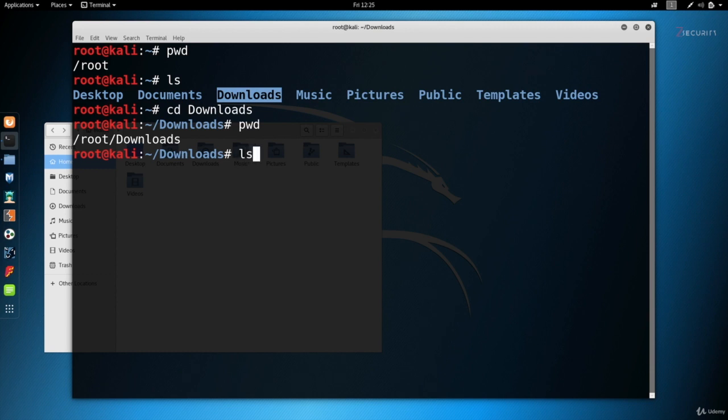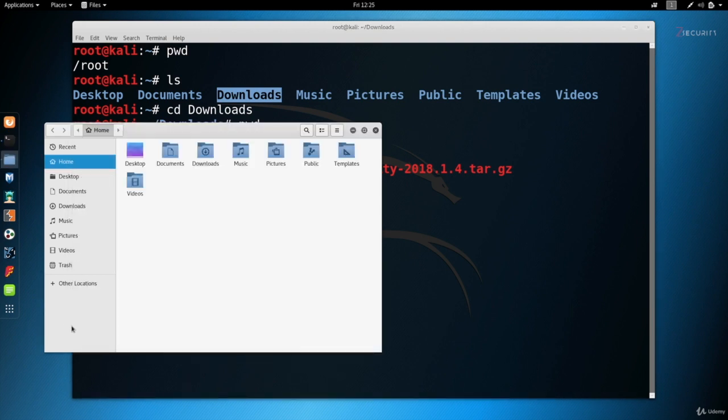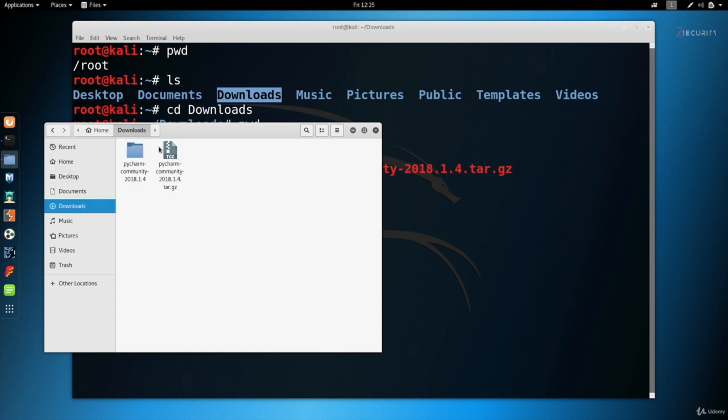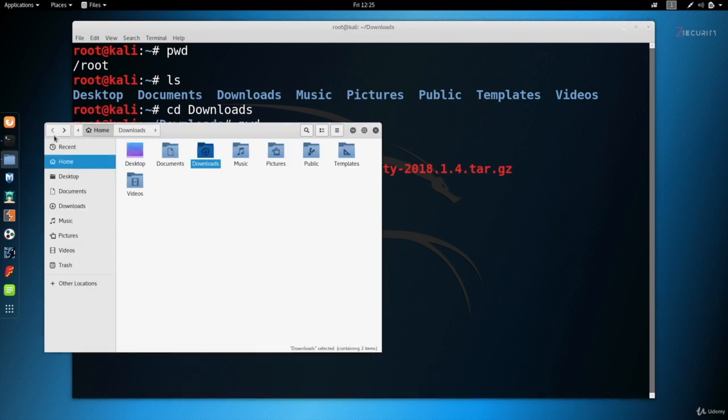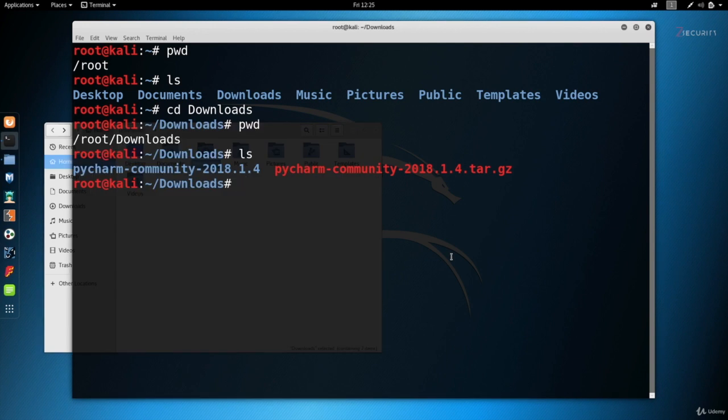So if I do ls here, it should show me all the directories and files inside downloads. So if I hit enter, as you can see, I have a directory and a file in here. And these are the exact same files that you'll see if you double click the downloads here. Now, if you want to go back one directory, similar to pressing the back button in here, all you have to do is do cd, again the command to change the working directory, followed by